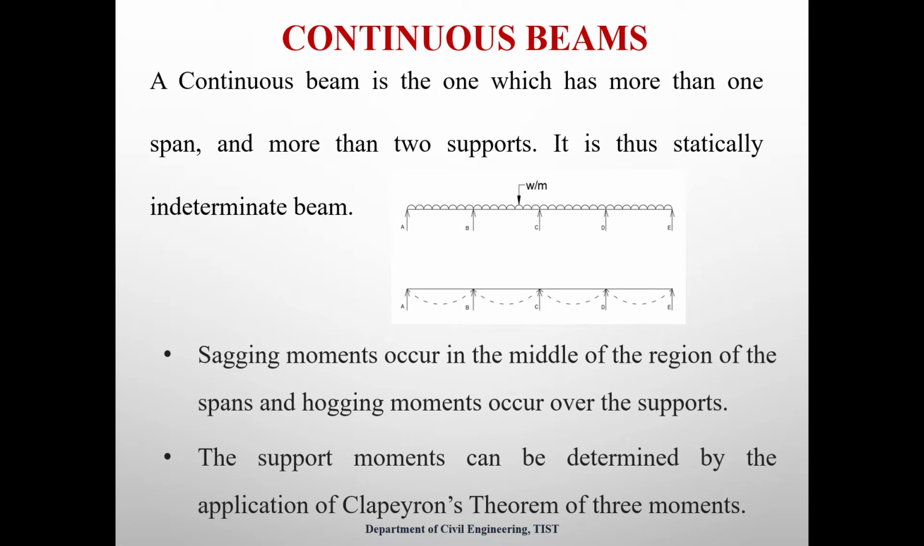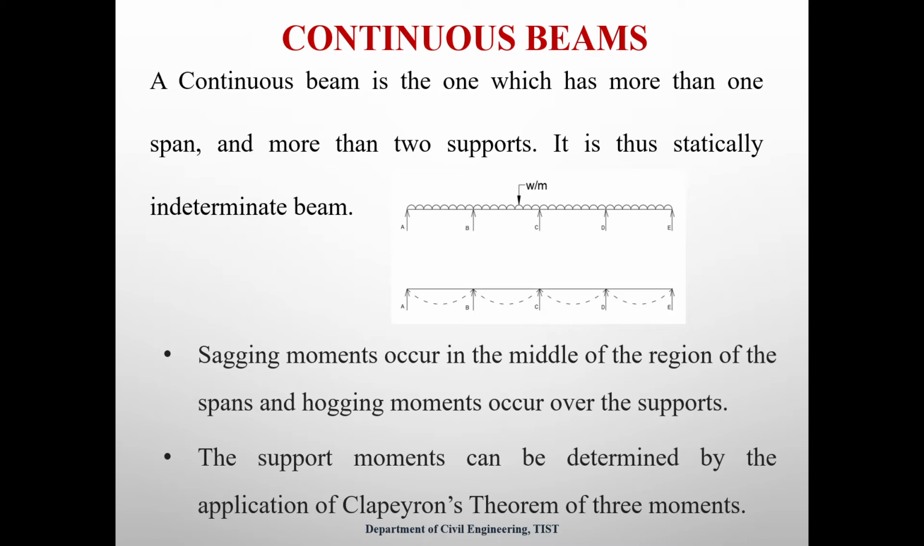What do you mean by a continuous beam? A continuous beam is one which has more than one span or more than two supports. That means it is a statically indeterminate beam. What do you mean by a statically indeterminate beam? If all the unknowns cannot be solved by using the equations of equilibrium alone, that is known as a statically indeterminate beam. If all the unknowns can be solved by using the equations of equilibrium alone, then that beam is known